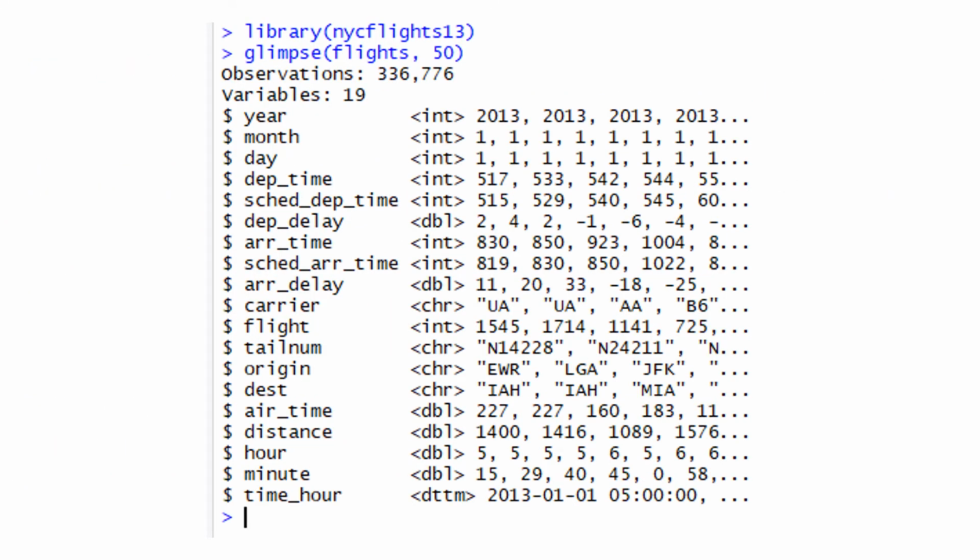So I have my library of nycflights, and glimpse here gives you essentially a nice way of looking at the package or what you have in the database. And instead of going across like you've seen earlier where we had the columns go across horizontally, I can put them in vertically, and then I can get an idea of what kind of data is in there. So mostly integers, doubles, a few characters, chr, and it gives me a nice little quick snapshot of what the data would look like. So this is a good way to quickly make sure that my data set has been imported correctly,